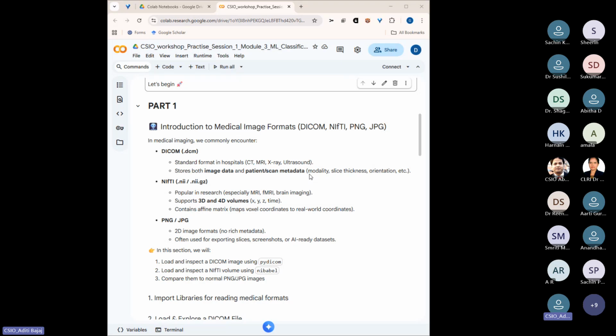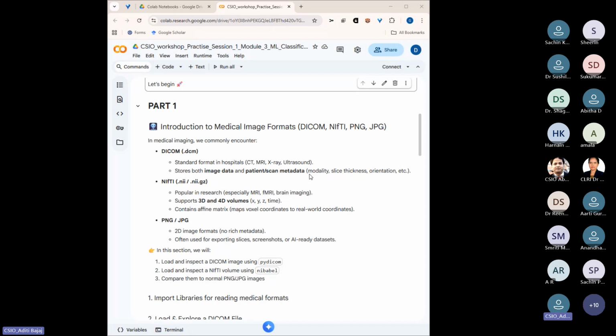In the case of PNG or JPG, we only have the image data, the pixels, and we have to deal with the image array. In the case of DICOM, we have some additional information. If we have a DICOM file, we can see which modality it belongs to, like a CT scan or an ultrasound scan. And based on that, we have many other features, like the pixels, the cine rate or frame rate, the name of the patient, the ID of the patient,